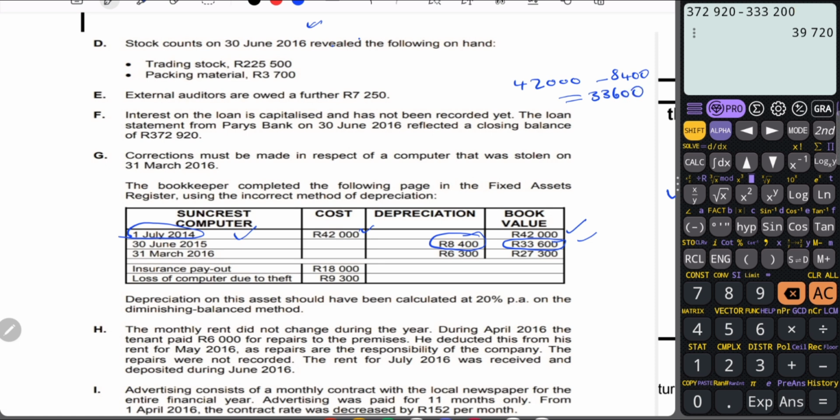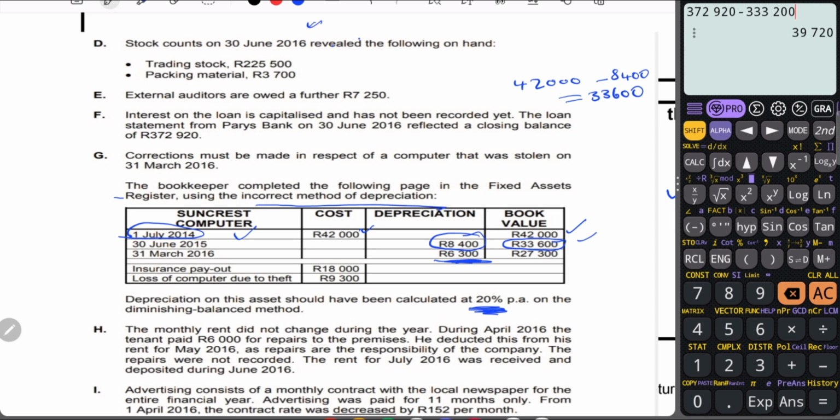And then on 31 March they calculated the depreciation as 6,300 now. They stated here that depreciation on this asset should have been calculated at 20% per annum on the diminishing balance method. And they said here the bookkeeper completed the following page in the fixed asset register using the incorrect method